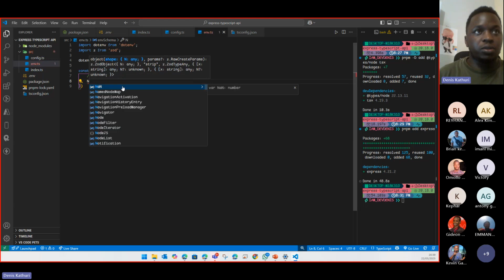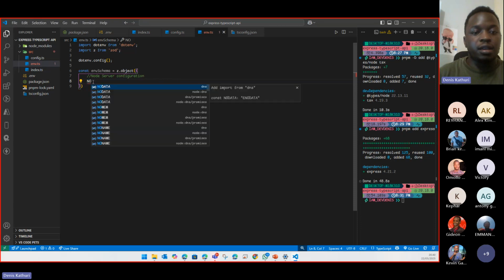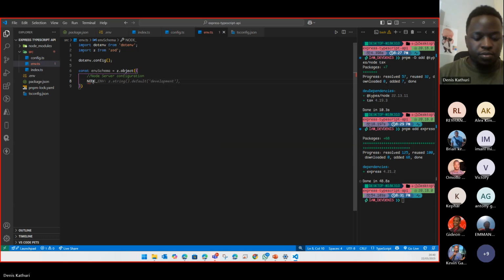We want to make sure we are passing the correct node environment, whether it's production or development. So NODE_ENV,